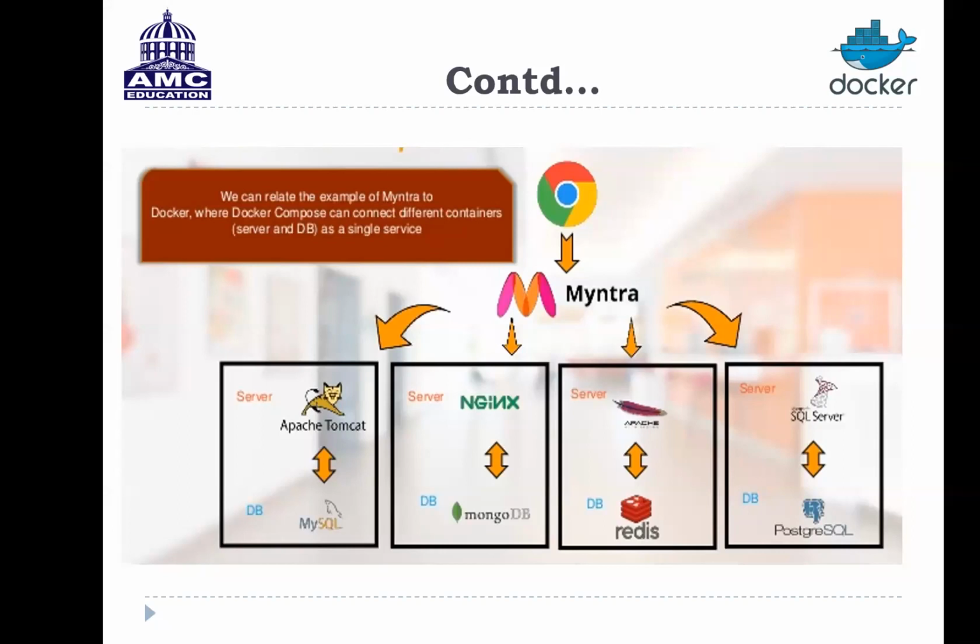Now, if you want to create a Docker Compose file which can run the containers as a service, without any need to start each one separately, there is no need to start all these things separately. The Docker Compose file will hold the YML programs for each container. It writes the YML programs, then it creates the Docker file, then it runs to create the containers, and lastly it is made into a single service.